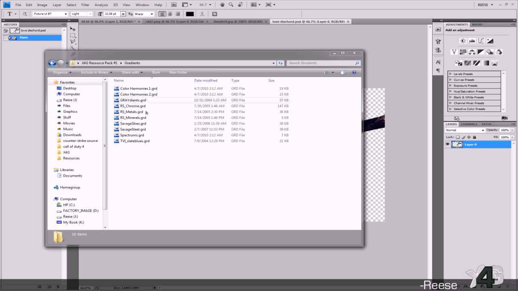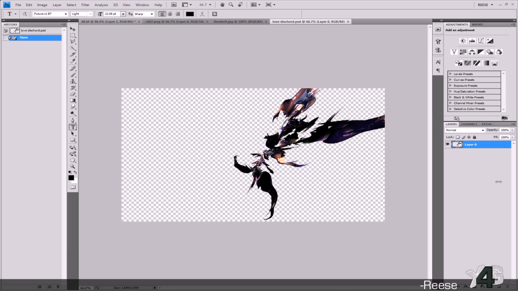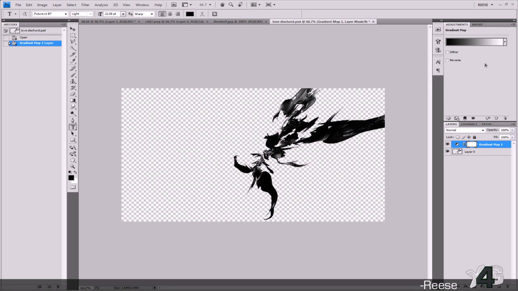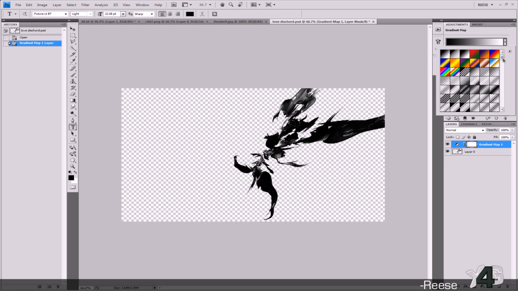Now these are gradient maps that you can use for your projects. If you want to install them, you could do the same thing as you did for brushes: select them all and just drag and drop inside of Photoshop. And if you want to use these, you can just go to Gradient Map in the adjustments panel, and then it will automatically be here. You'll see all these different types of gradient maps that you can use inside your signature or wallpaper or whatever